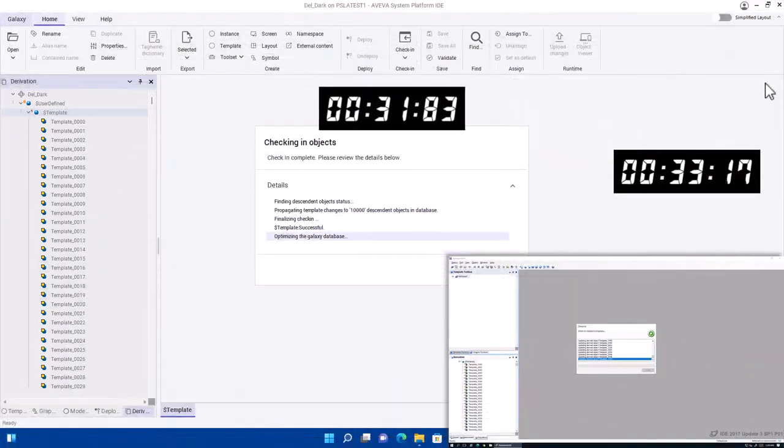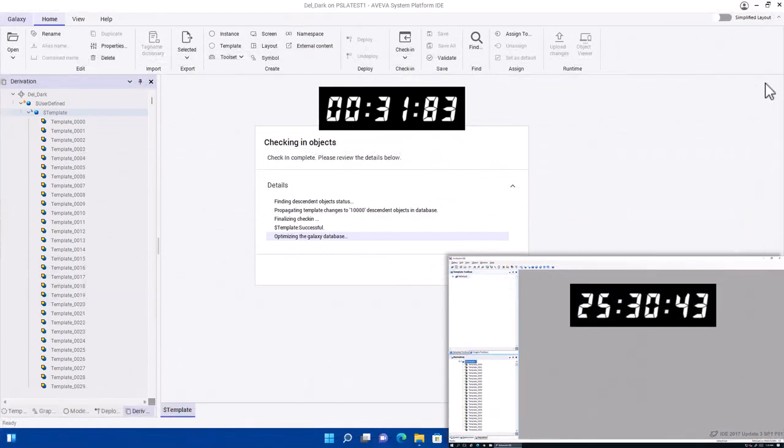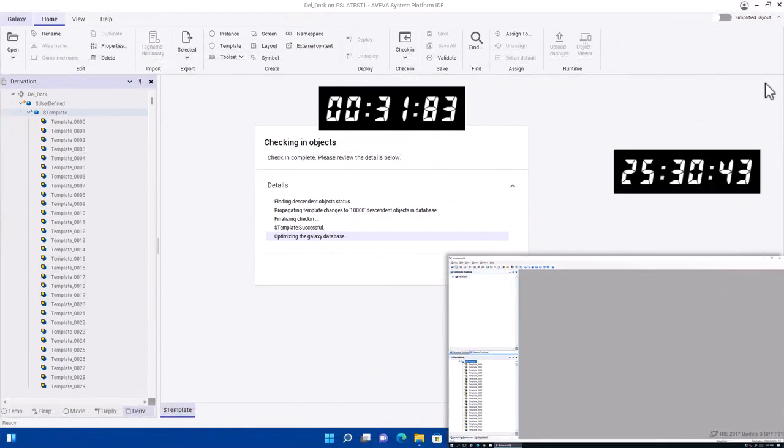same check-in. And we can see in 2023, it takes about 30 seconds to do that check-in of 10,000 objects. Then we're going to keep on speeding it up a little bit faster to see how long it took in the previous version. And you can see it took about 25 minutes, so it's about 50 times faster in the